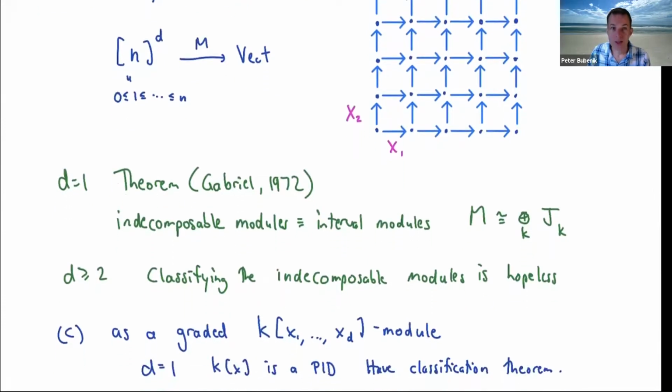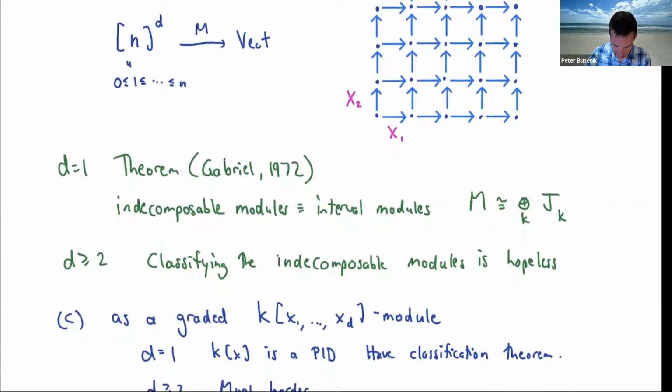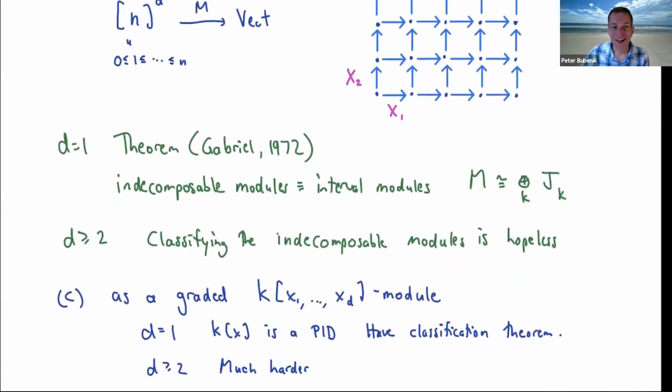All right. So again, we have good news for d equals 1. A polynomial ring in one variable is a PID. We have a structure theorem for modules over a PID. And in fact, this was the original proof that we could decompose discrete one-parameter persistence modules into barcodes, by Carlsson and Zomorodian. They used this result. Now, the good or the bad news is that for d equals 2, of course, things get much more complicated,